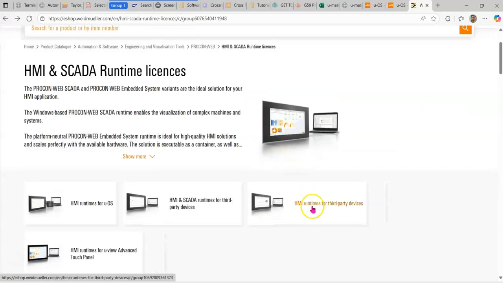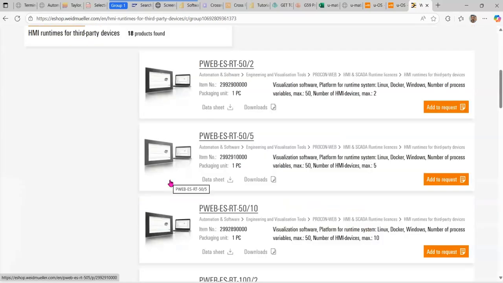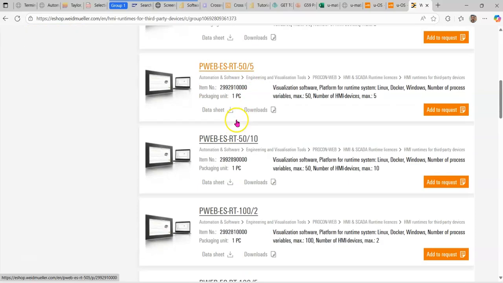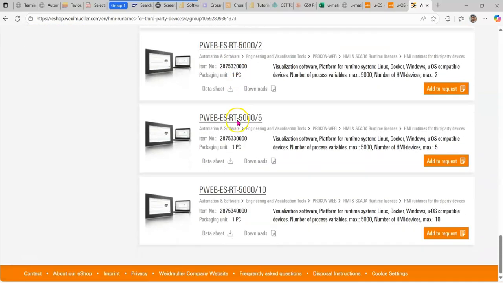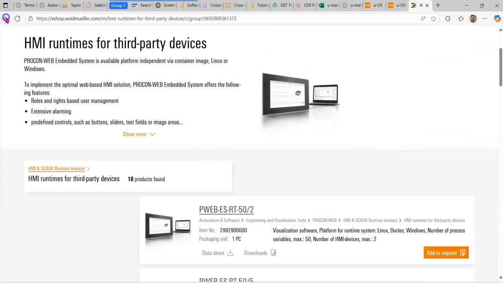HMI runtime for third-party devices. If we click on that, if you're using a third-party device which is running on a Linux, Docker, or Windows-based environment, so quite flexible there, you can have these different licenses, and we go from 50 tags with 2 clients all the way up to 5,000 tags with 10 clients. As I say, this could in theory be a Raspberry Pi, for example, which is running Linux, or it could be running in a Docker environment, or Windows, as I say, on a Windows PC. That's that variant. If we click back again,